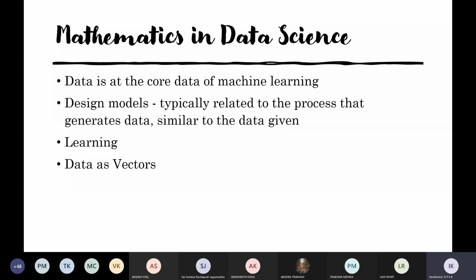I have been in teaching for the past few years, and I have noted a few things. Students will come to me and say, "Ma'am, we are working with the CNN, we are taking this image, we are doing this classification." So what basically happens in your CNN? Has anyone heard of convolutional neural networks? Yes or no? Yes. So all of you have heard of convolutional neural networks, which work with images.